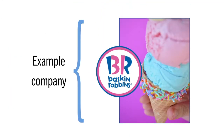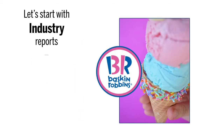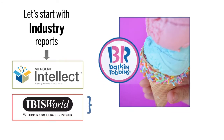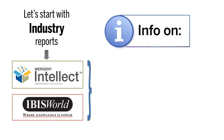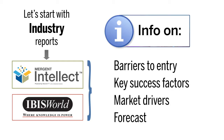Let's use Baskin Robbins as an example. If we want to investigate the market for this company, we might start with industry reports, like those found in Merchant Intellect and IBISworld. These reports can help you understand how hard it is to get into the market and what factors tend to lead to success. Importantly, they also discuss what market forces affect revenues and even provide a forecast for the industry based on predictions